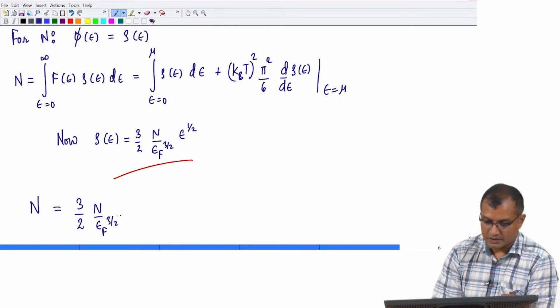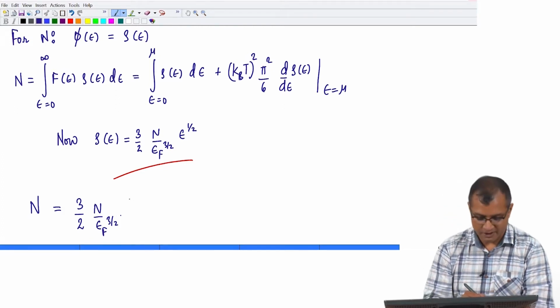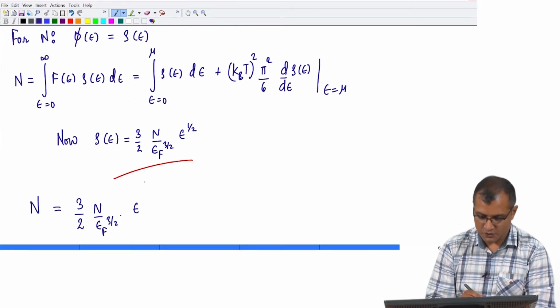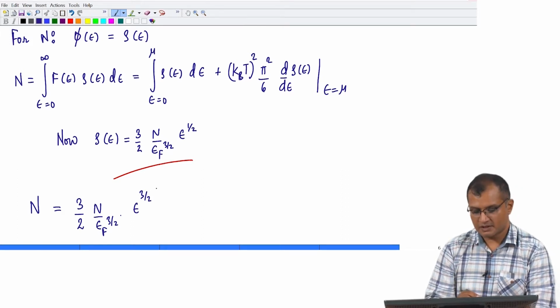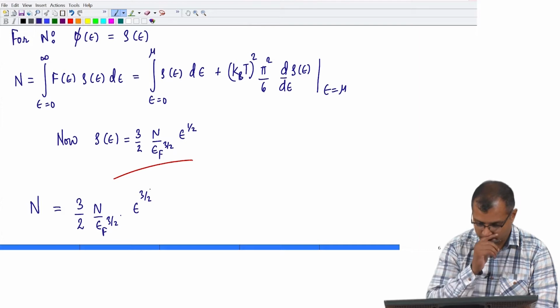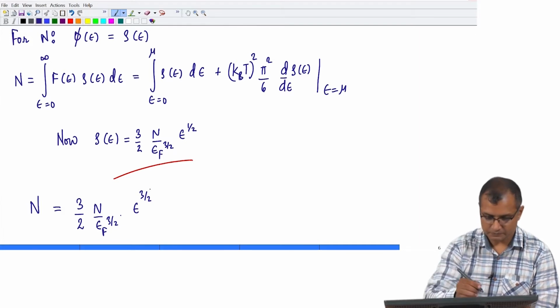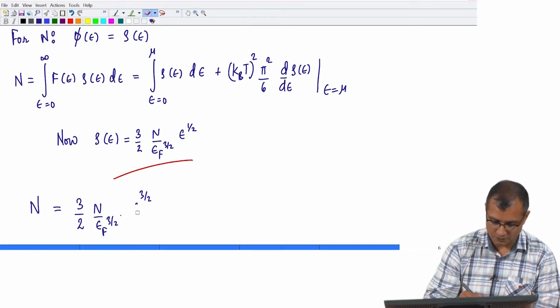The integral of square root of E gives E raised to 3 by 2, but in the limits mu and 0 this will simply become mu